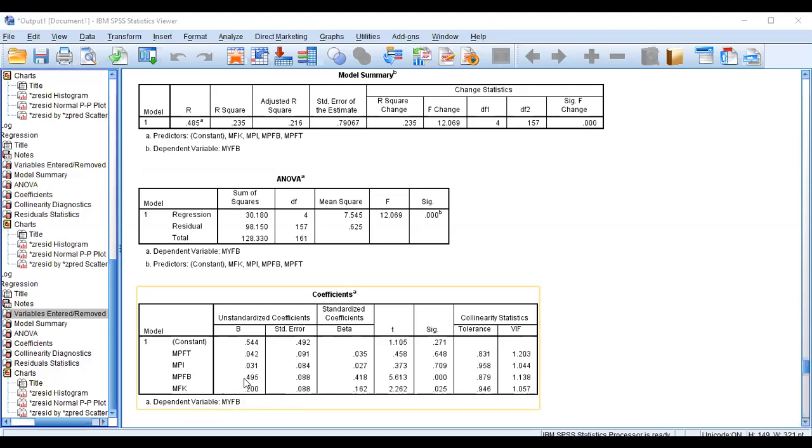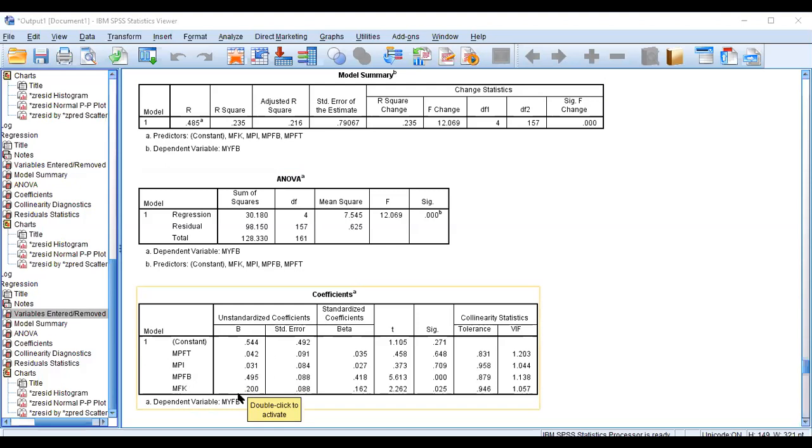Just now I've explained to you that one standardized unit of parental financial behavior will increase the youth financial behavior by how much? 0.418 standardized units, right? In case there would be a negative sign, it will be a negative relationship. That means one standardized unit of parental financial behavior will decrease youth financial behavior by 0.418. Only if there would be a negative sign, then only it will decrease. That shows inverse relationship. I hope it is clear to you all. But since the values are all positive, it shows direct relationship.